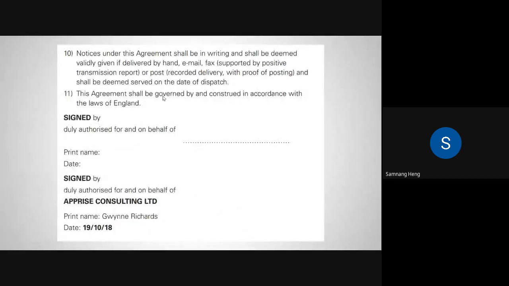Also, at the end of the agreement, you need to put their name, and everyone has to sign. So make sure they sign and put the date. I know this kind of agreement is hard to make. There is a whole course that talks about how to create a non-disclosure agreement.